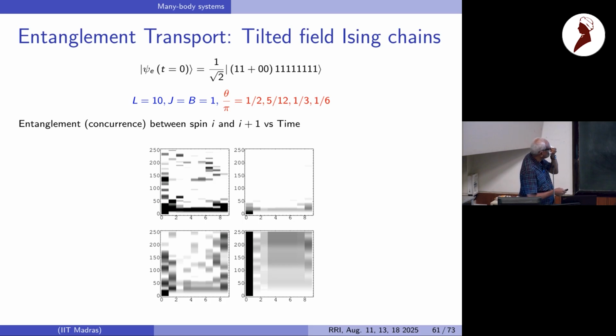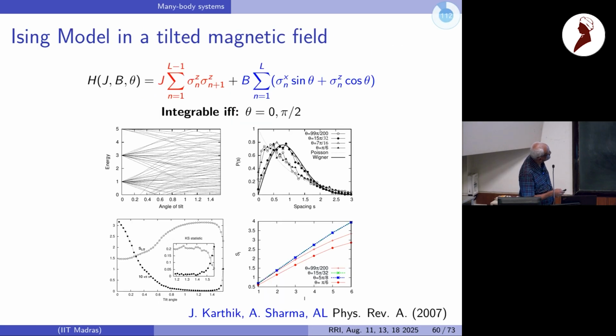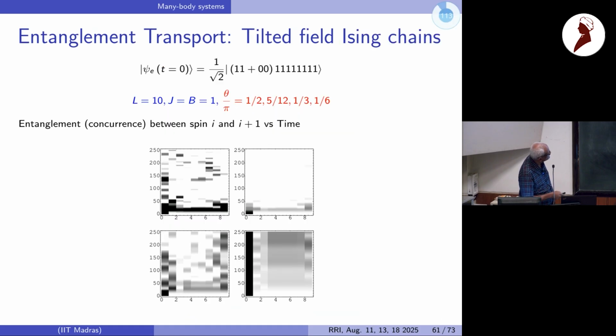Here, what I'm doing is taking an initial state, which is a product state of all qubits except two of them, which I maximally entangle. And then I'm putting it through a spin chain of 10 spins in which there is both this longitudinal field and transverse field. So it's non-integrable typically. But here, this angle is 1/2. So this is the integrable case, the transverse field model. This is time on this axis. This is entanglement between two qubits.